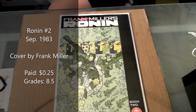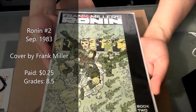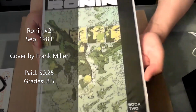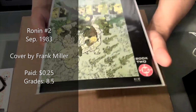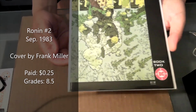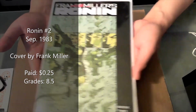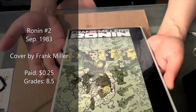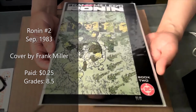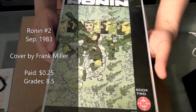Okay, down to the last few books of the Copper Age. Yeah, found this book in the 25-cent bin. Really, really good grade. Let me take a look. It's a black cover, but really nothing, no color breaks. Corners are still pretty sharp. So great presenting book for something from really